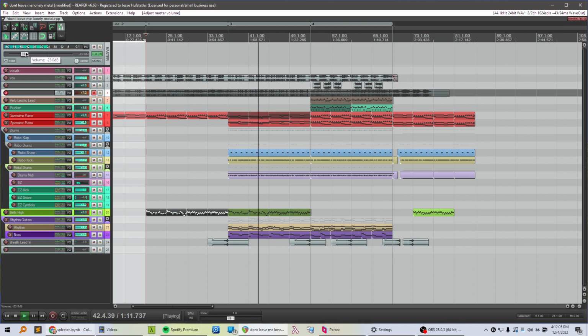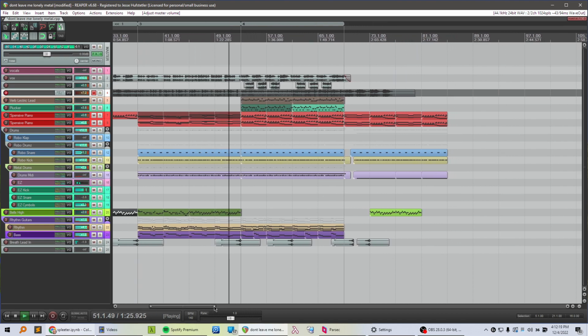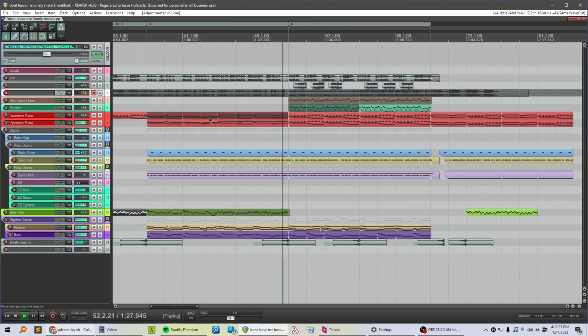Here all those chords are really weird, and they're hard to match. This part sounds really cool, I think, with the piano and the big guitars.